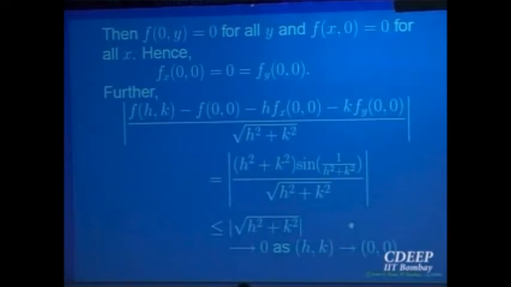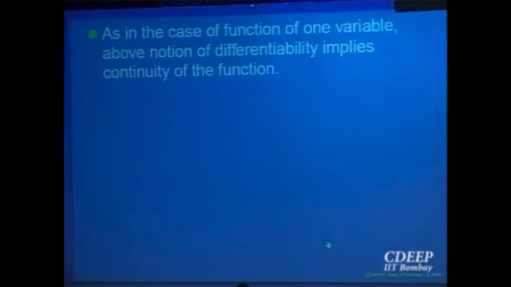But we have not defined something called derivative for a function of two variables. Keep in mind, there is nothing called derivative of a function of two variables. Only it is differentiable or not differentiable. But the partial derivatives do play an important role in finding whether it is differentiable or not. So now let us try to test, like function of one variable.